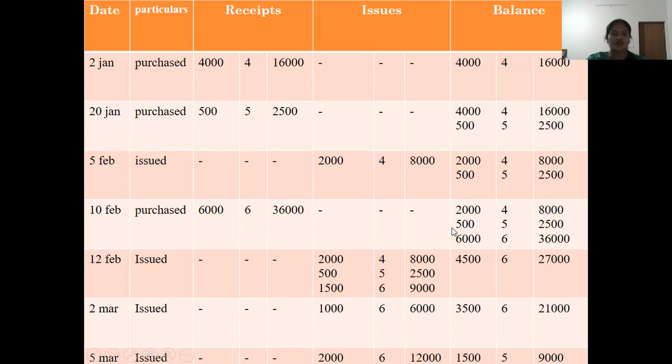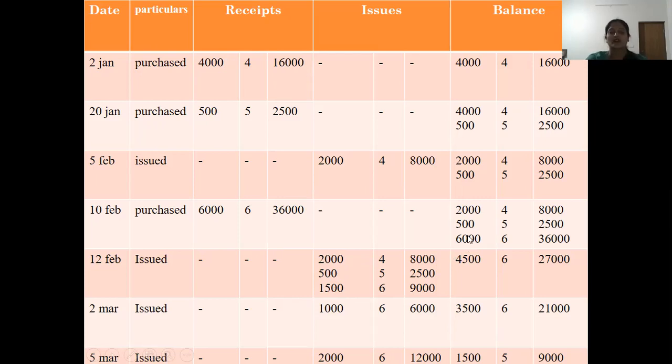How much are we supposed to be issuing? 4,000 units should be issued to the manufacturing department. After issuing 2,500, what is the balance? You have another 1,500 to be issued. The 1,500 you can issue from the third lot. Why? Because 2,000 was issued and 500 was also issued. Now the rest is there in the third lot, so only from the third lot can we issue it now.